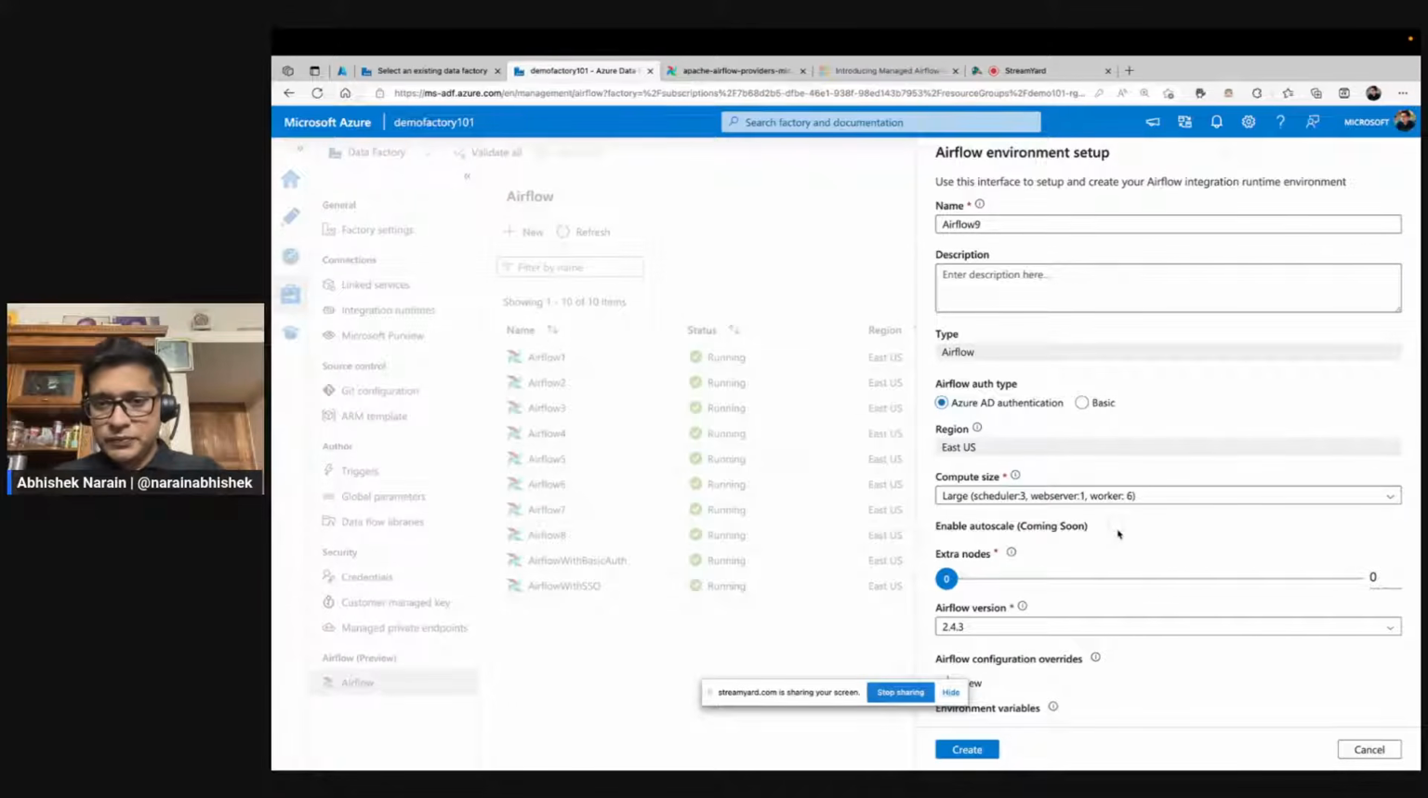So keep a tab on that. For now, you can choose an extra node if you want, and you would see that the workers start to increase. So based on your DAG requirements, execution requirements, and the parallelism that you require, you can choose how many